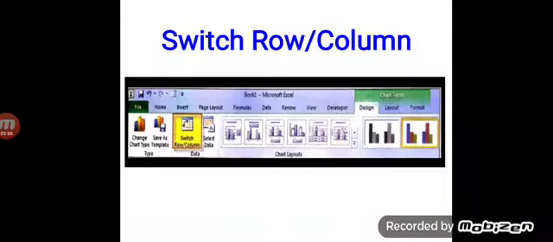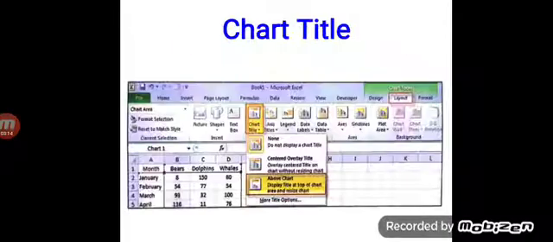Click on that, and after that, you will select the switch row and column button from the data group, and you will be able to switch the row and column.